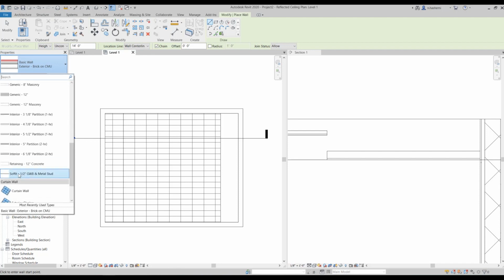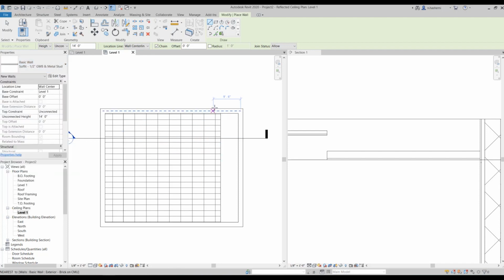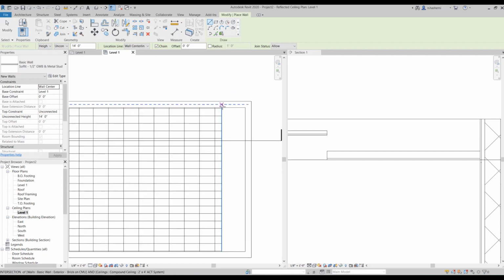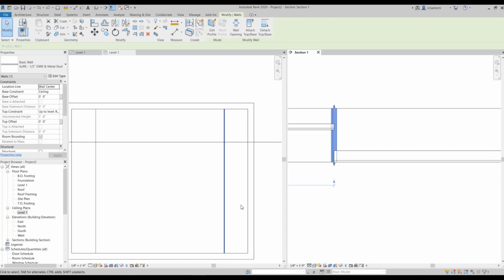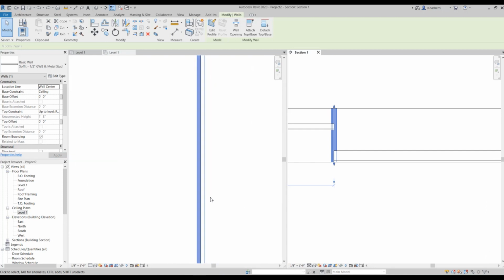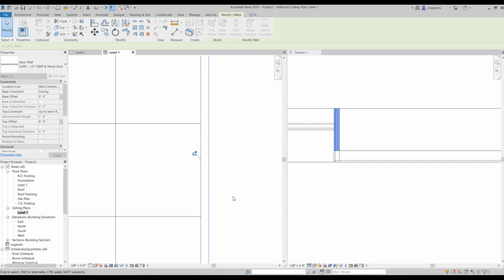I'm going to use this one, soffit wall, and I'm going to draw this over here. And the base constraint to ceiling, base offset 0, and top constraint to roof. And you can see that here. I'm going to move this a little bit.